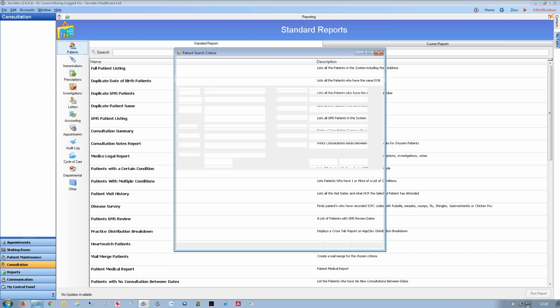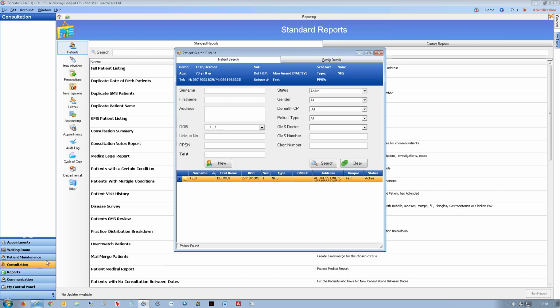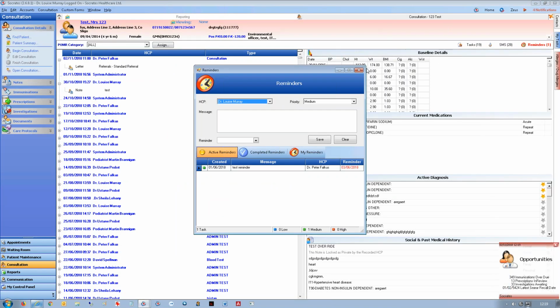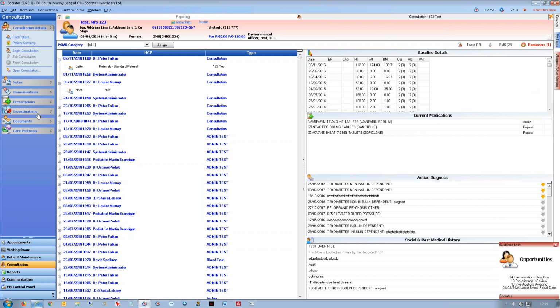Another thing that sometimes happens is when the bloods are downloaded and the doctors are reviewing them, they say there's a blood result that was there earlier and now it's not there. Usually it's because some other doctor or maybe a nurse has completed it and they don't understand why it's gone missing. You can check who completed a result. I hope I have a good example of someone. So you go into a patient's chart. There's a report as well, but if you go directly into the patient's chart under their investigation section,